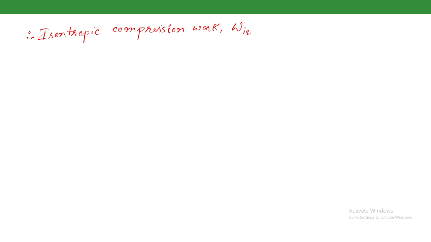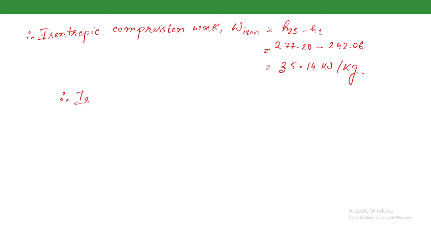W isentropic is equal to H2S minus H1. So this is 277.20 minus 242.06, which is 35.14 kilojoule per kg. Therefore, the isentropic efficiency of the compressor